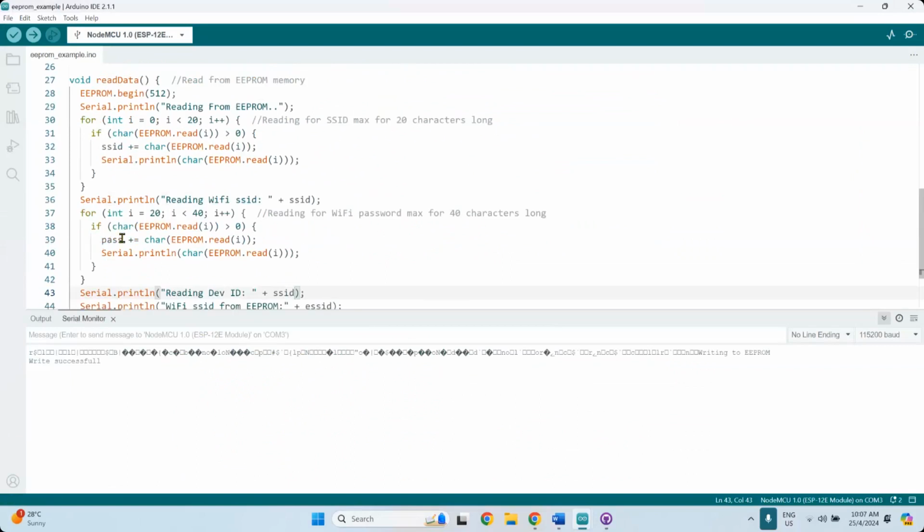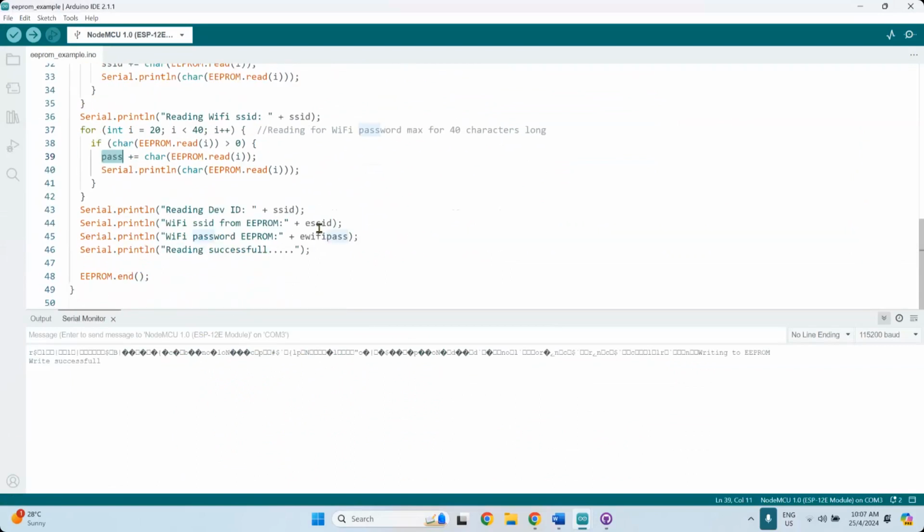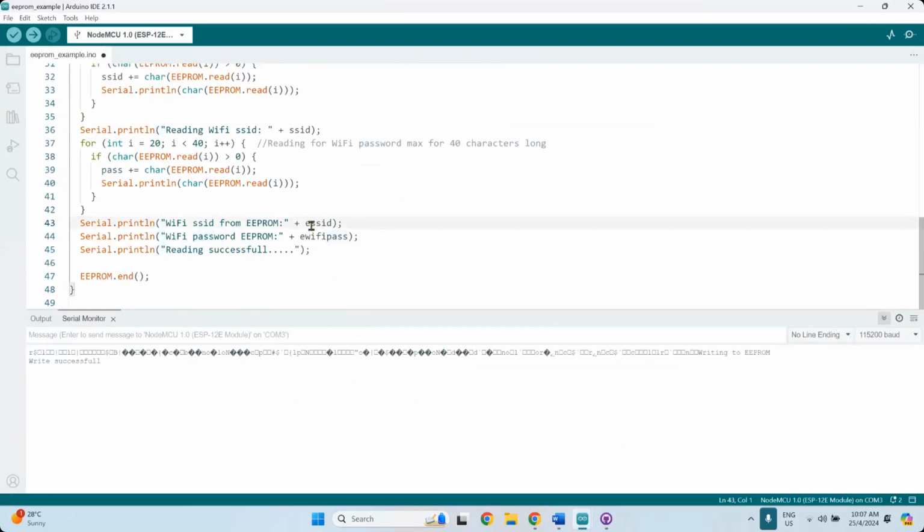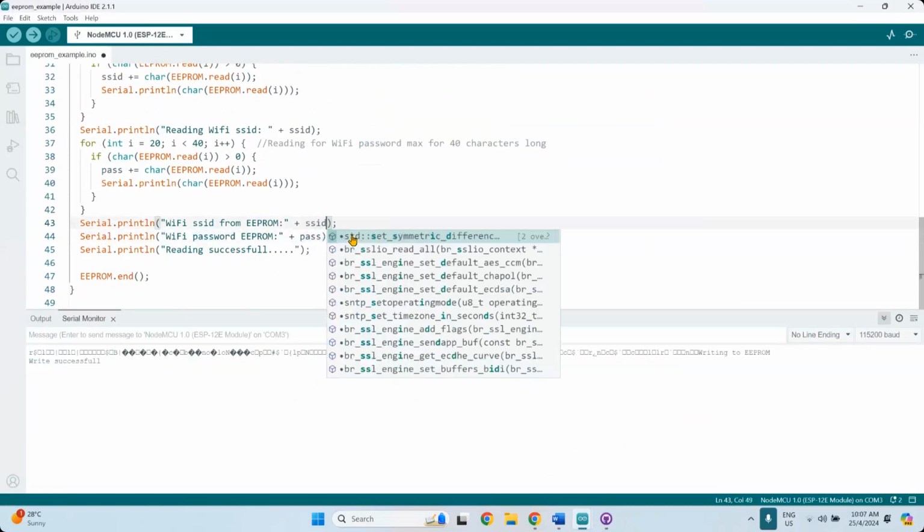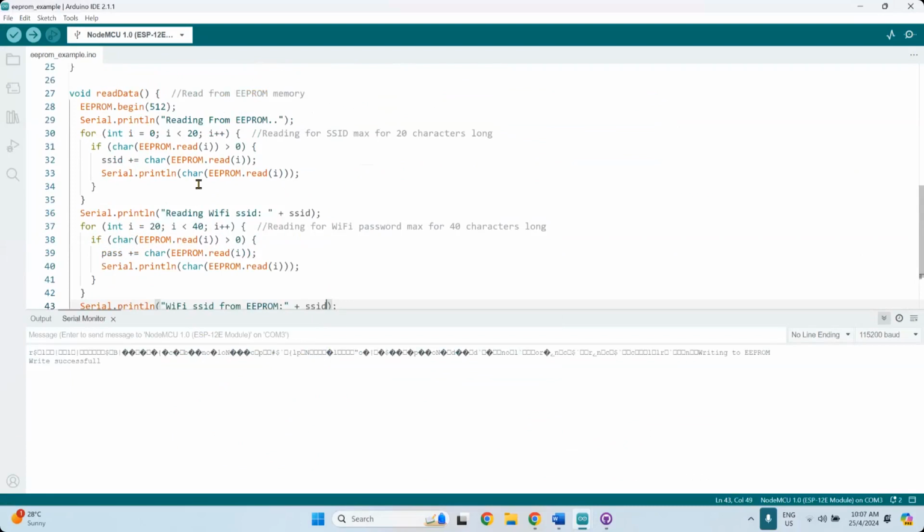This is a password. SSID and password. And then reading from EEPROM, SSID and password.